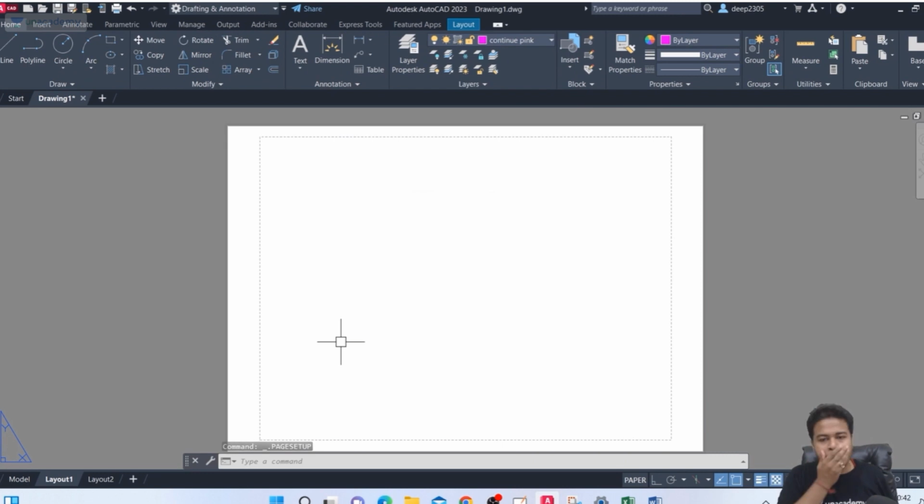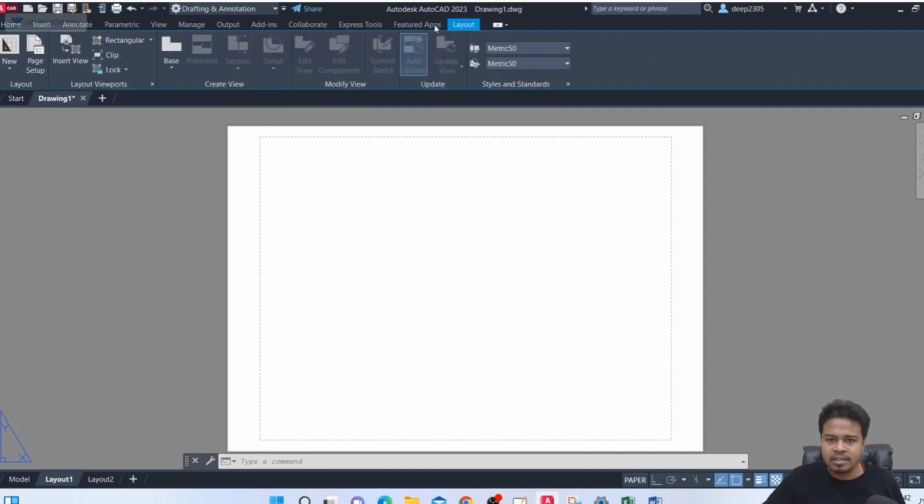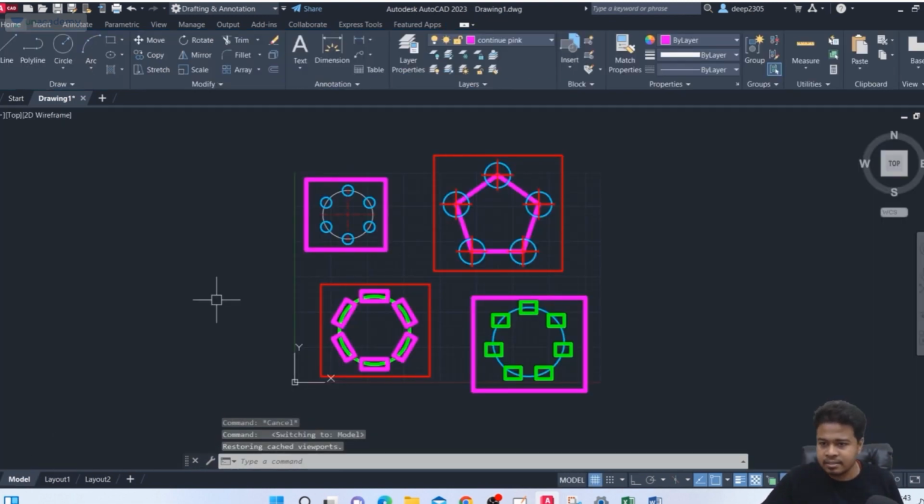Okay, so here, can you see this? The layout option is there. You can go to that layout. So before importing any viewports, actually I have to add some viewports here. But before that, I have to add title blocks. Okay, I have to add title blocks. But before that, if you see that,